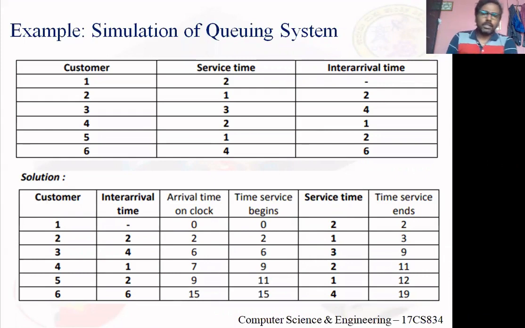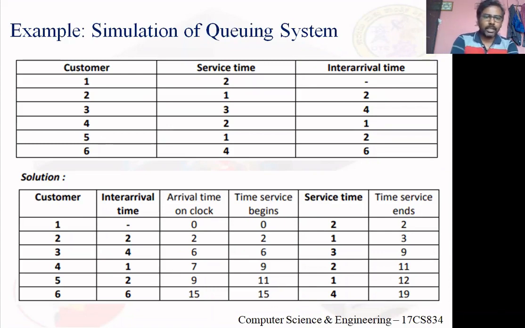When service finishes, the customer will depart from the bank, from the system. As soon as the service ends, he departs, which means the number of customers in the system decreases by 1. The state changed, so this is also an event. We call this a departure event.